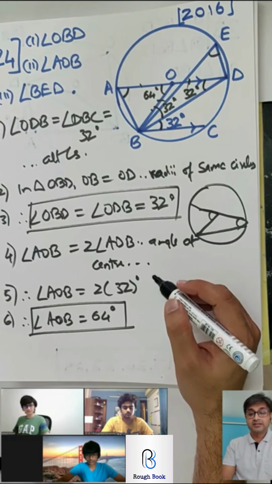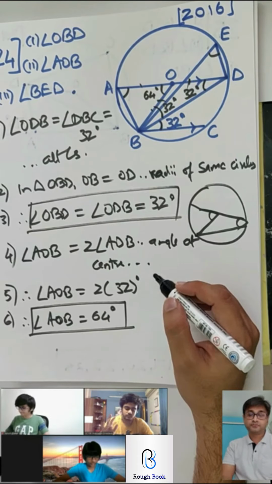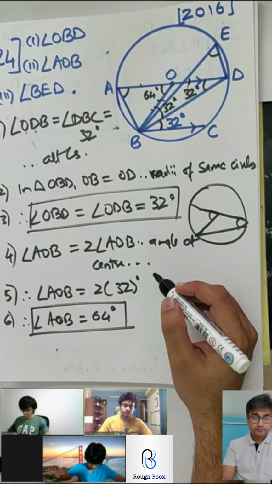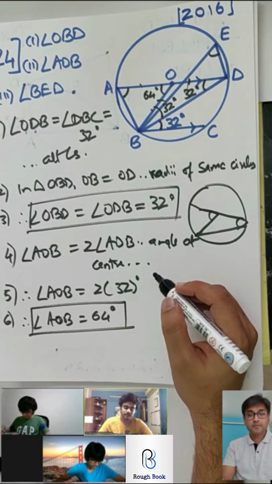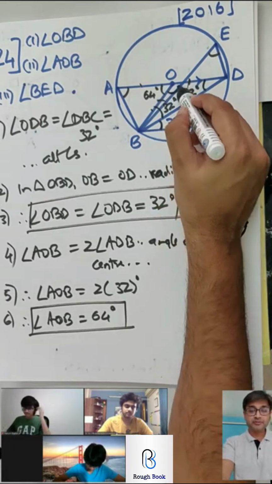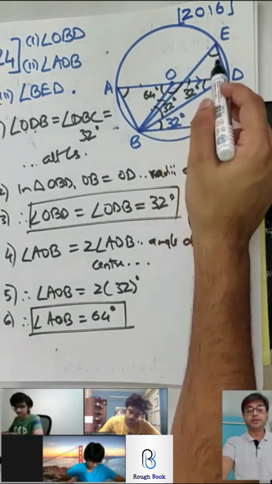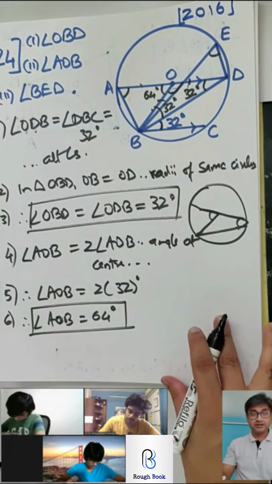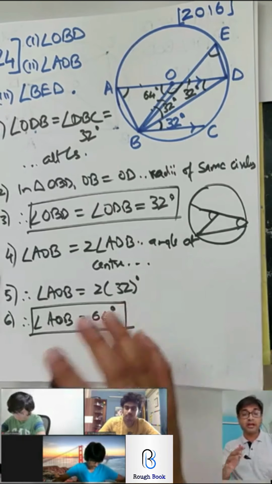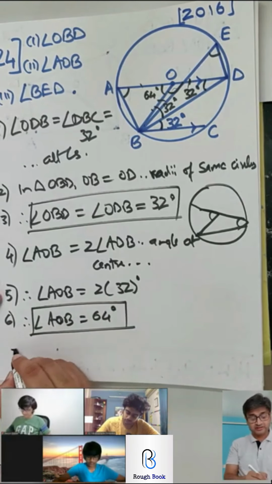Let's see if anyone else has an easier method. Shubhan, you have an easier one or the same? Yes, Shubhan. So it's slightly different. I don't know if it's easier. You have O as the center, so you know BOD, and because of that the angle BED will be half. Perfect. In fact, even I would prefer that one only. First get this BOD by linear pair and then say BOD is double of BED and you get BED straight away. That's easier and faster. But what Bhakar said is also correct. So what we understand from these types of sums is you might have multiple solutions. You have to pick up the one which is the easiest and the fastest.